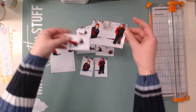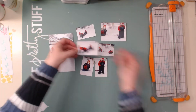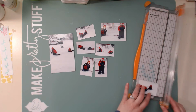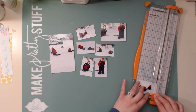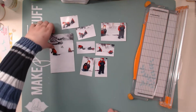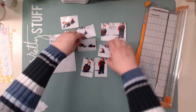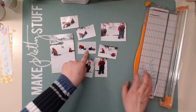It was so cute. I absolutely love the story behind these photos, and I did post about it on Facebook because I just thought it was so cute. So they went outside to go play, and I went outside to take photos of them, and they were just kind of playing in the snow, and then they went and grabbed the